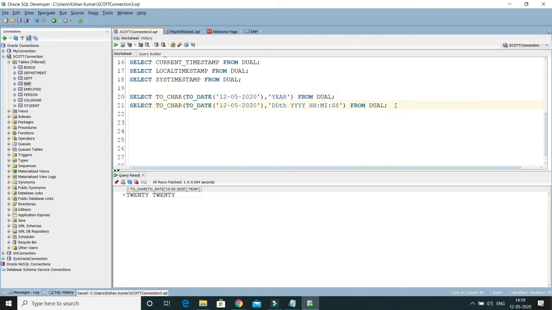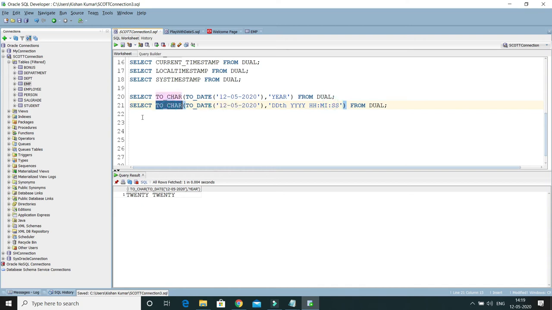Now let's say I would like to get a date in a slightly different format. So I'm using to_char, and here I'm passing the date using to_date and telling it to return something like the 20th and 12th format, and the year in 4 digits, then hour, minute and seconds from this date.